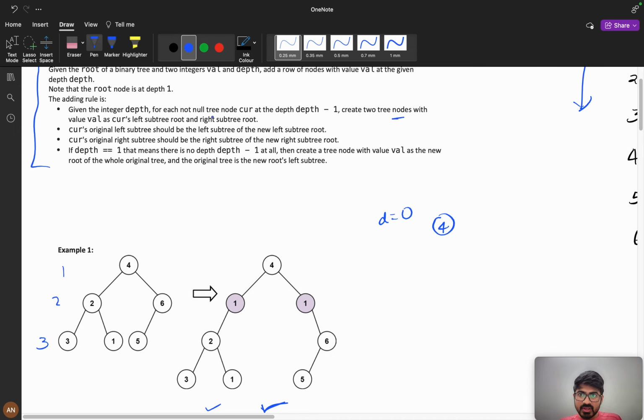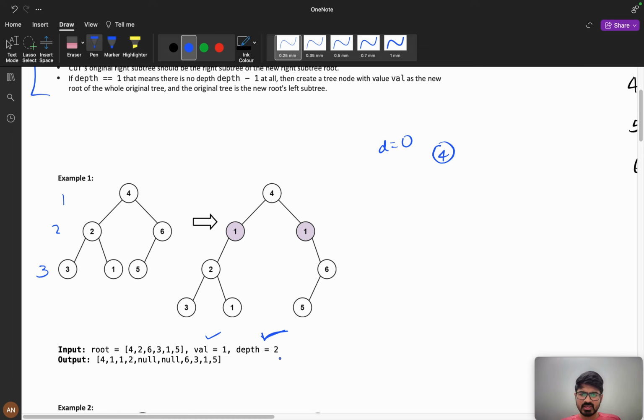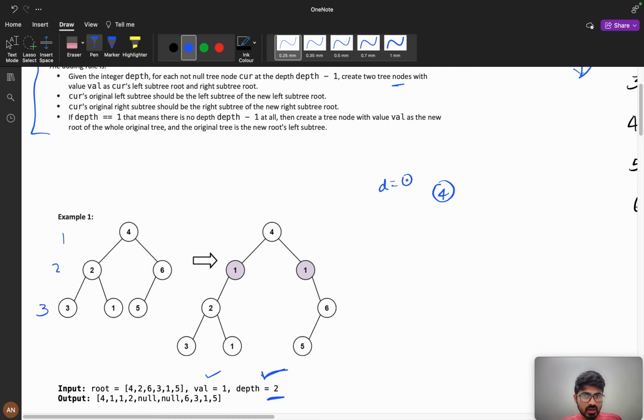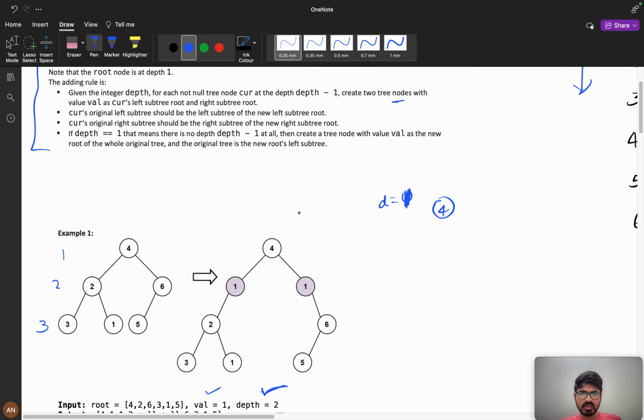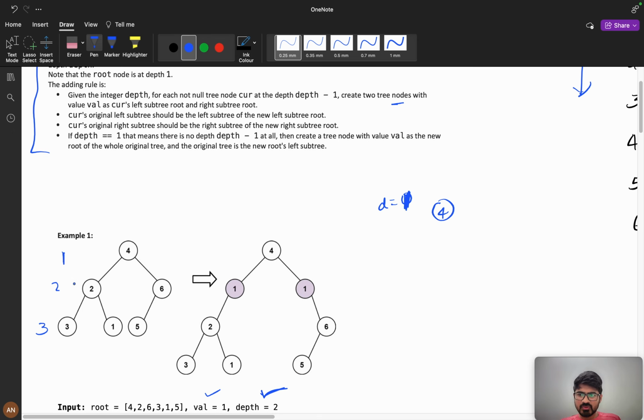That means my depth is equal to 2, so I need to come to depth equal to 1, and my root is at depth 1. So at depth 1 create two nodes with the value, as current's left subtree and right subtree. So I will create one, and I will create two nodes.